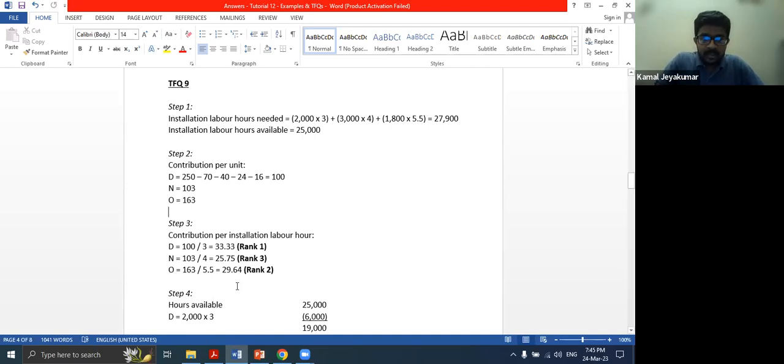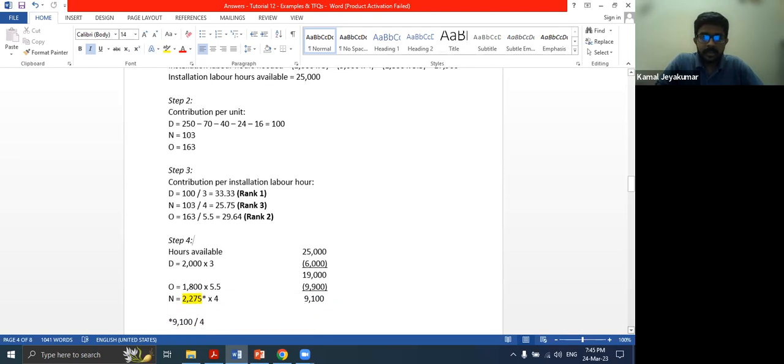So based on this, the highest contribution per hour is for Dayscan, second highest is for Omniscan, and Nightscan is third, right? I hope you understood it now. If there is any questions, put a message in the chat, right? So after that, in step 4,